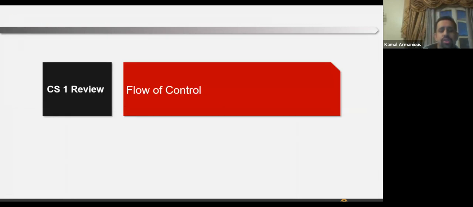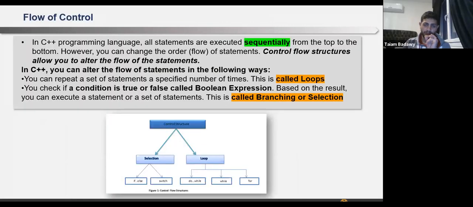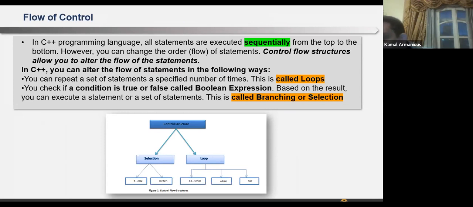We'll go now to another topic, which is flow of control. This is basically chapter, I believe, 3 and 4 in your Savage book, I'm not so sure.